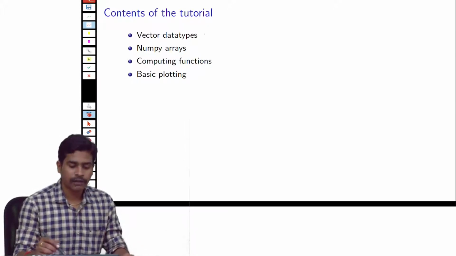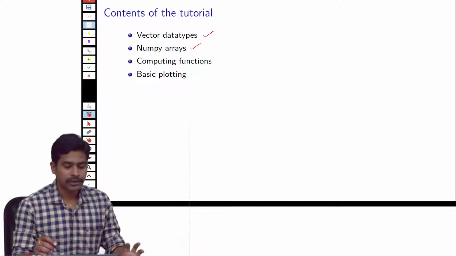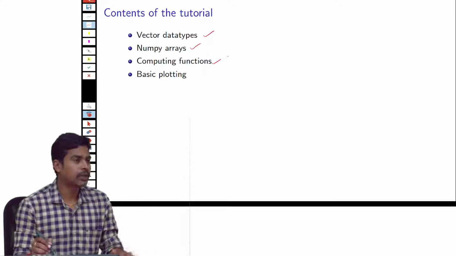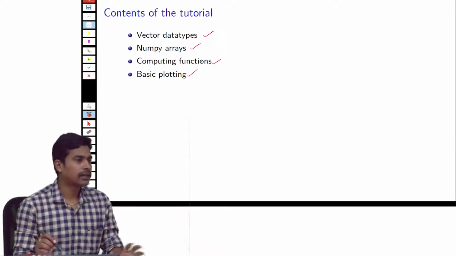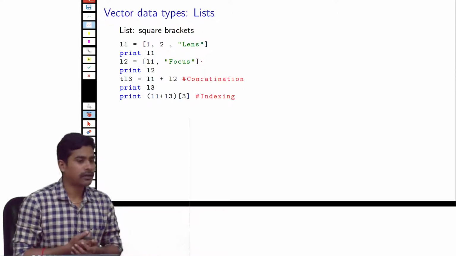So in this lecture we are going to cover these topics. So the vector data types, so these are similar to arrays in C programming, and after that I will introduce the NumPy module, which is basically an array, but it is very powerful, so you can compute, you can manipulate these arrays much faster compared to a normal list. And later on we'll see how we'll use these NumPy arrays to compute 1D and 2D functions, and finally I'll show you how to plot data or images in Python. So that's the content for today's lecture. So let's go into vector data types.